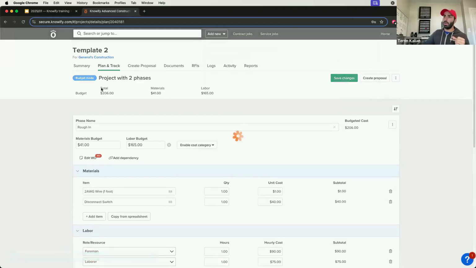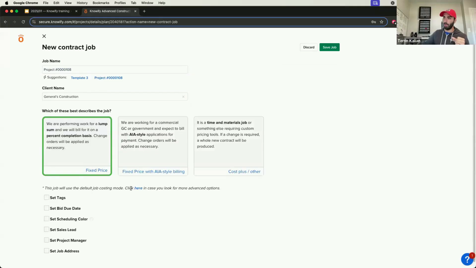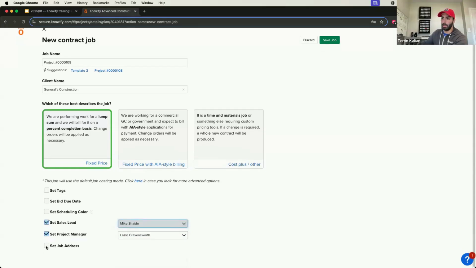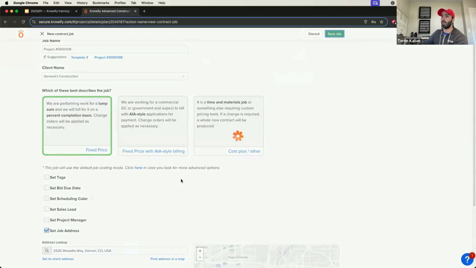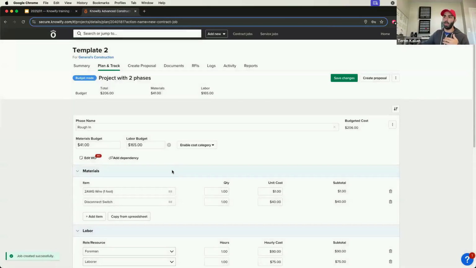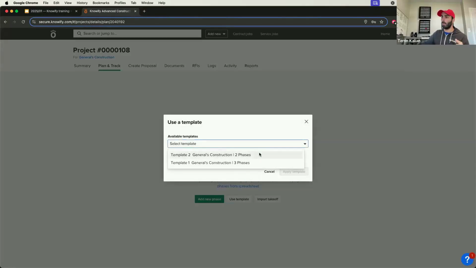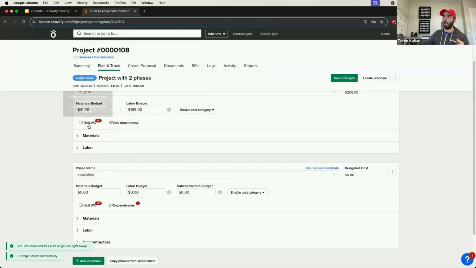And now when I create a new job, let's say I'm no longer creating templates, but this is project 108 for this customer. Now all of a sudden things are real. I'm selecting who the project manager is, who the sales lead is. I'm putting all of this together just like I normally would in Knowify. But now instead of me going through the process of building a plan and track unique to this job, I can just use that use template button, select template number 2, apply, and you see it already has the phases